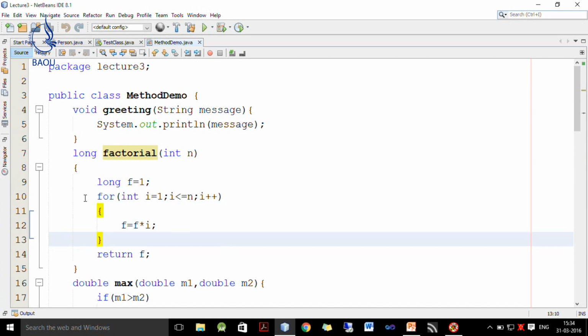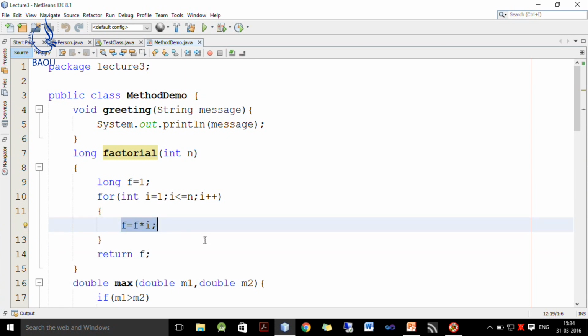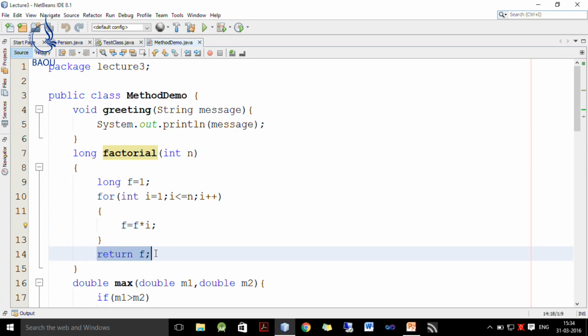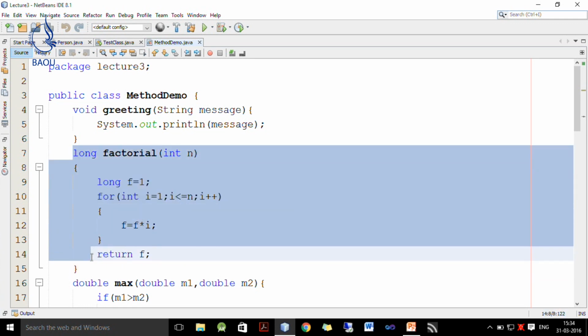So, I repeat this loop from 1 to n, and inside this I write f is equal to f into i. So, initially f is 1. First it is multiplied by 1, then 2, then 3, then 4 and up to n, and whatever value we get inside f is the factorial of n, and it is returned to the calling function. So, this is how this long factorial works.